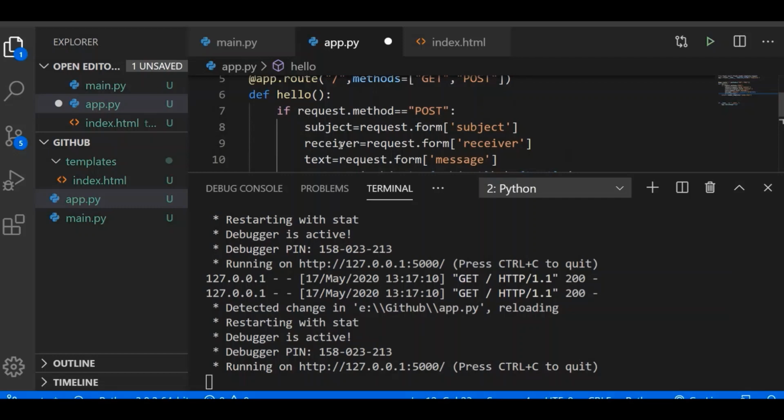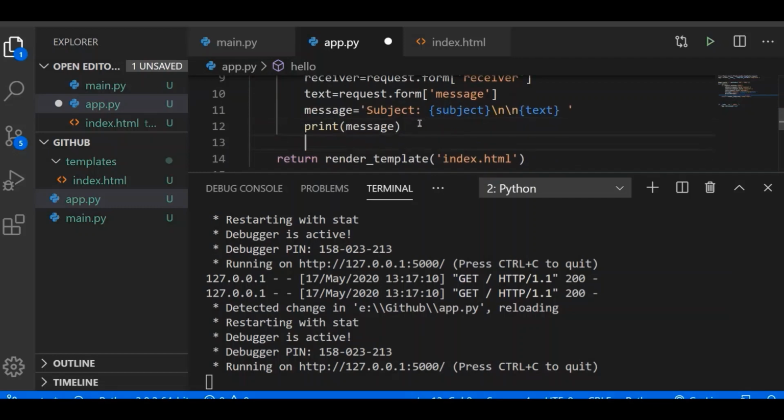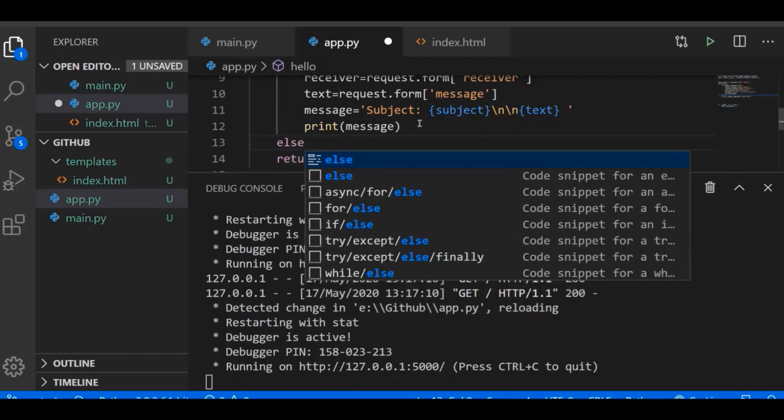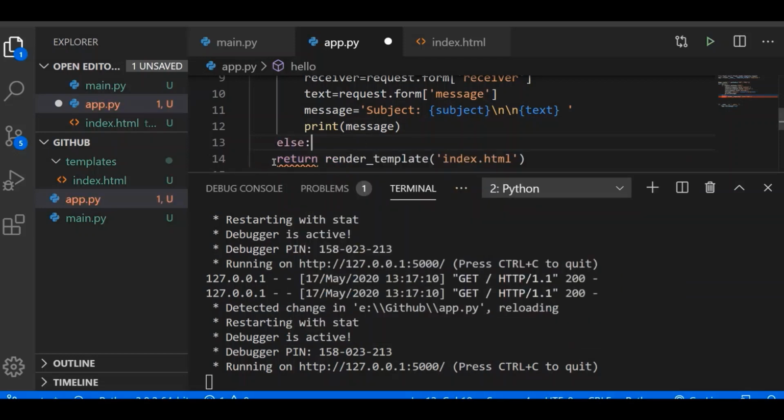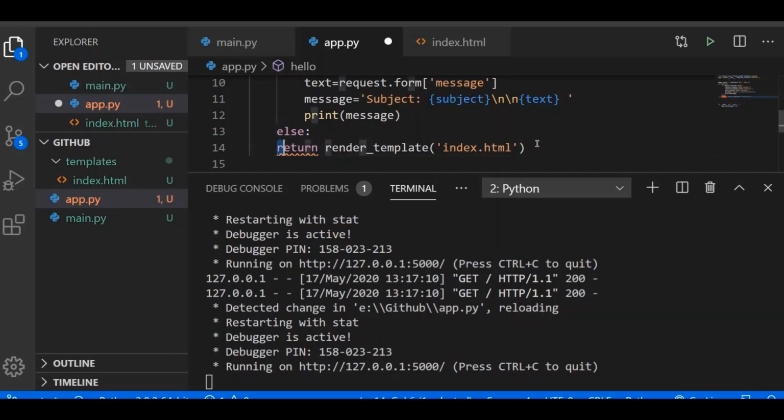After that we have to write the else part for the GET request, and in the GET request we will use this value. So we will have to give a tab.